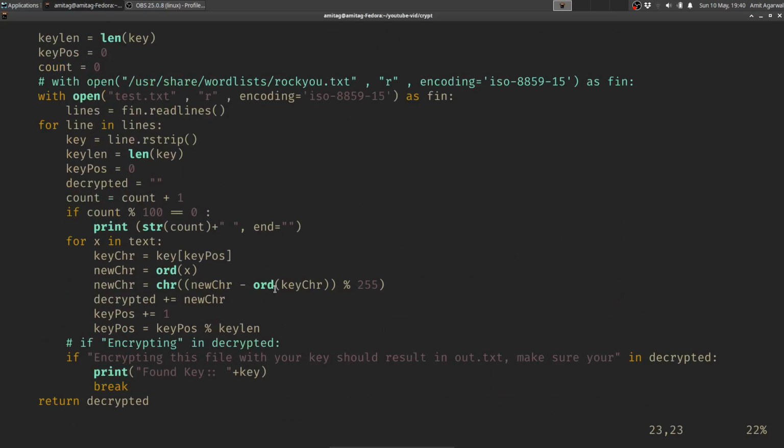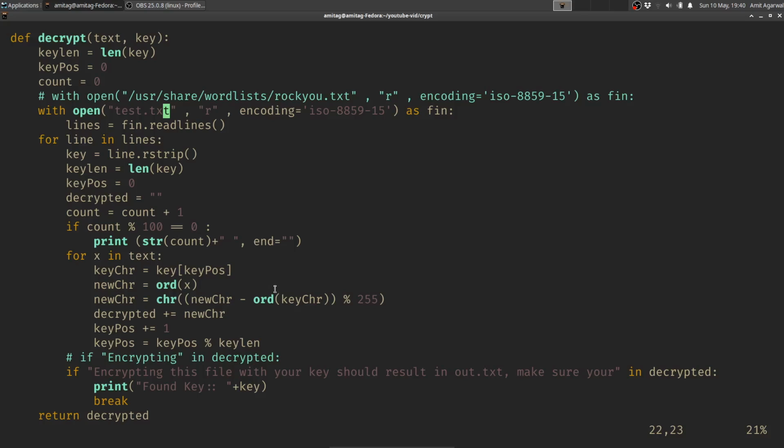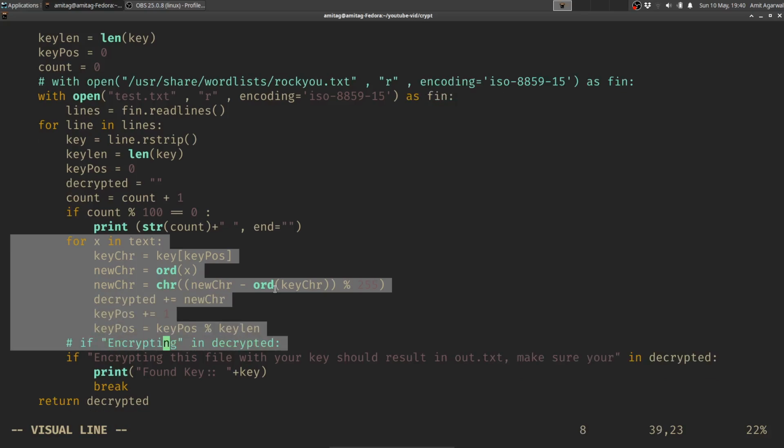Now, what really matters here is that I am not opening the file test.txt again and again. Secondly, and more importantly, I am not running the Python command again and again. In the same Python script, I am doing this, and hence this makes this amazingly fast. So the only thing that I am doing in the loop is this, and this should not actually take any time for Python to execute. And this is what gives you the benefit of running this script so fast.